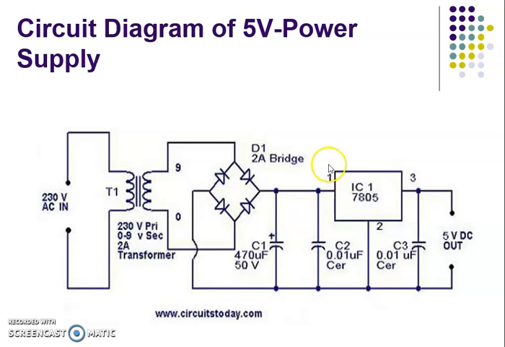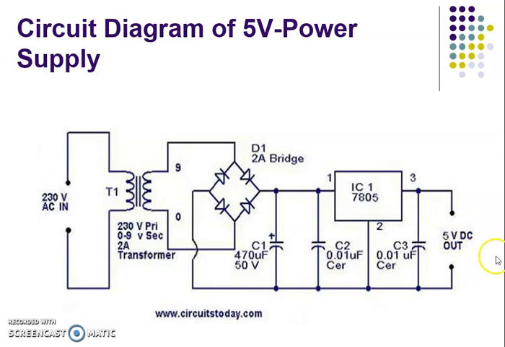So this complete part, this one capacitor, 2 capacitors and this one IC, this complete circuit is called the regulator. Here the IC number is mentioned as 7805, which means this is the 78XX series. The last 2 digits of the 78XX series indicate the output voltage. 78 stands for positive voltage regulator, and the last 2 digits stand for the output generated by the regulator. So this particular power supply generates 5 volt DC output.